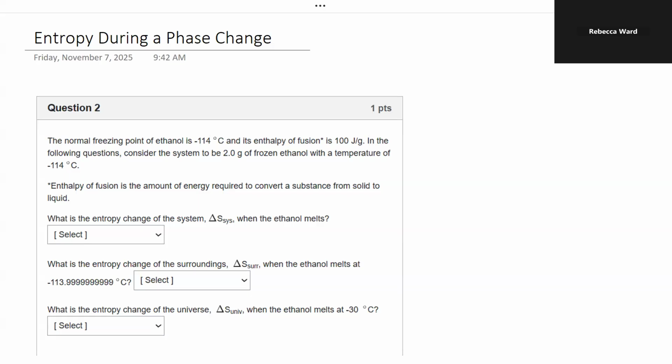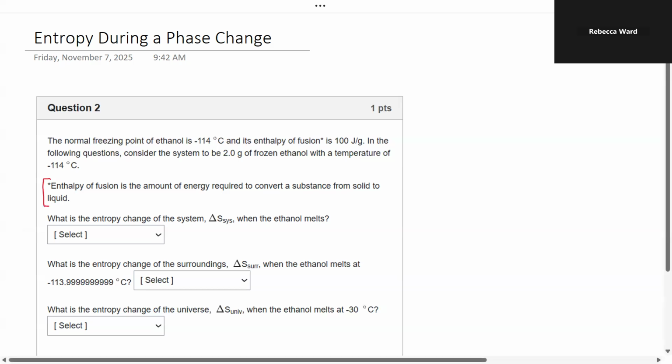All right, we're going to work through a quantitative problem on entropy change during a phase change. So I'm going to just start by reading our question. The normal freezing point of ethanol is negative 114 degrees Celsius, and its enthalpy of fusion, which I have a little star to define down here, is 100 joules per gram. In the following questions, consider the system to be 2.0 grams of frozen ethanol with a temperature of negative 114